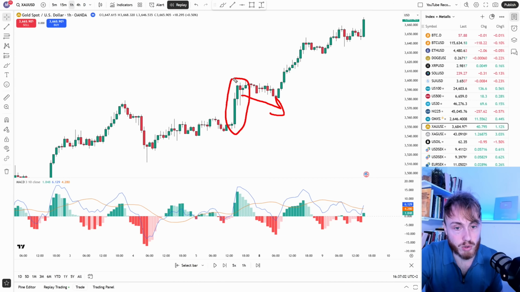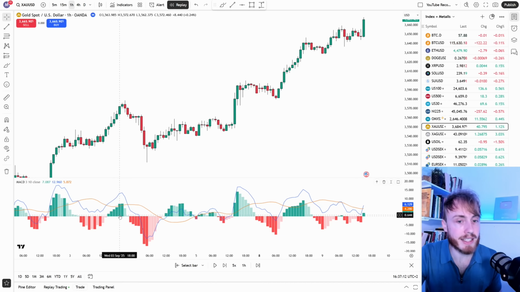We're looking out for a strong momentum move, then we're looking out for a pullback, and what we want to do is buy this pullback and catch the next move to the upside. And here you might wonder, how do I know when to enter this trade? Well, there are